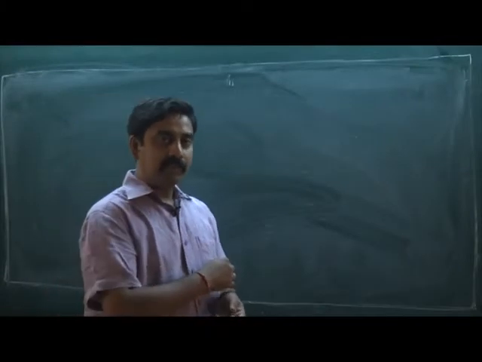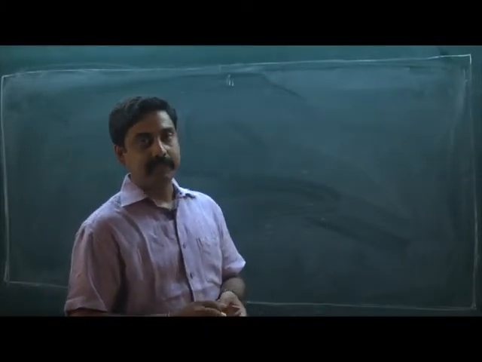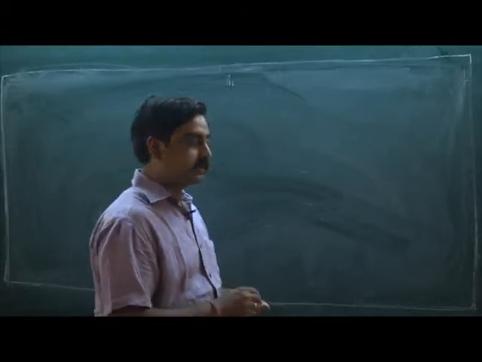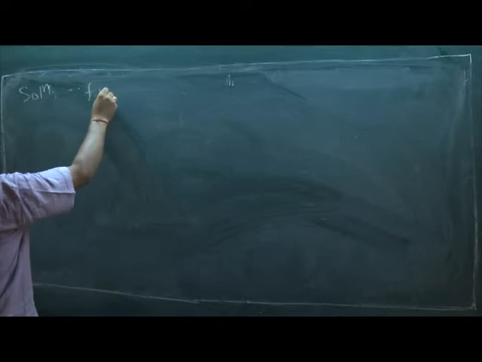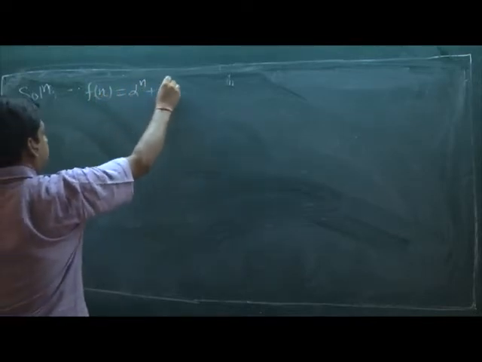Now come to the solution of this question. This question is based on the product of determinants. The solution will be as follows. Since fn is equal to alpha to the power n plus beta to the power n,